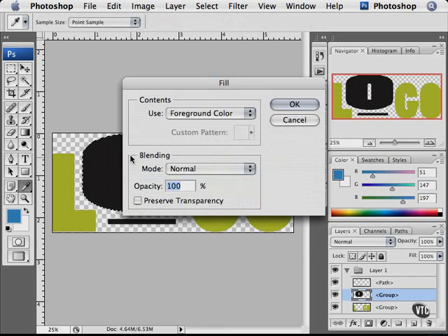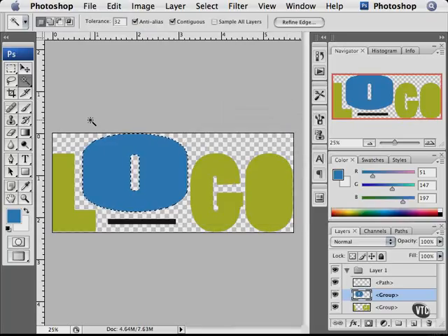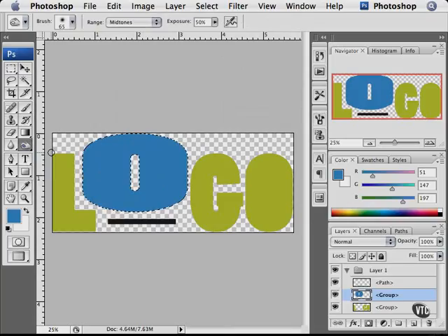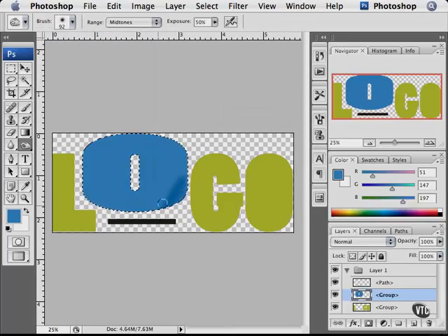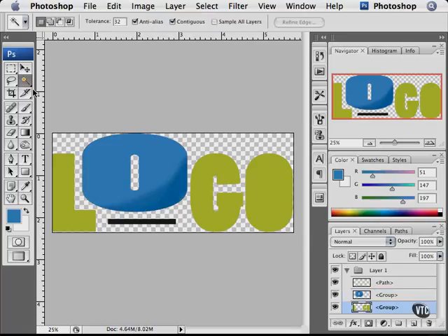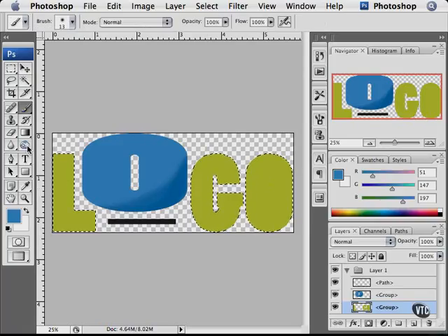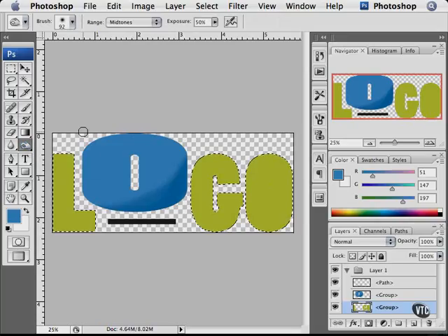Edit, Fill, and of course there are shortcuts for filling in objects in Illustrator, but I just want to get this going and show you the menu commands so we know that we're on the same page. Now what I can do is grab a tool such as Dodge or Burn, and increase the size of my brush, and start to paint in some shading in the logo. I'll deselect that and do the same thing with these guys. So once again, I'll grab my magic wand, I'll grab my brush, and I'll grab my burn tool. And I will increase the size of the brush again, add a little shading,